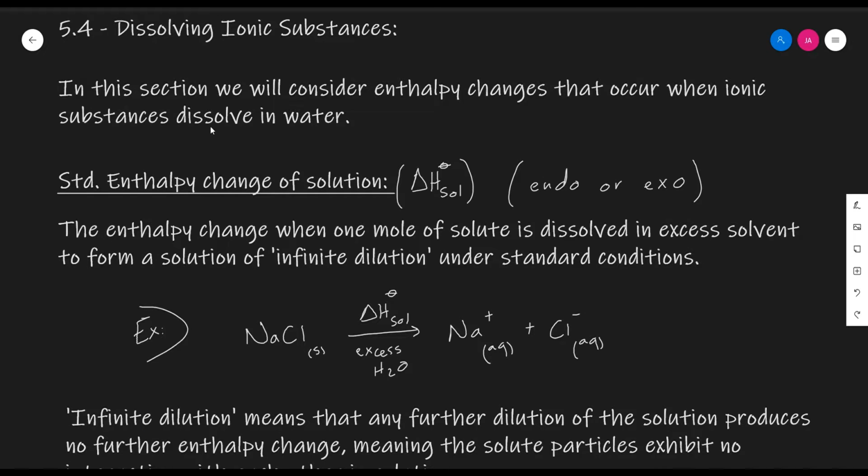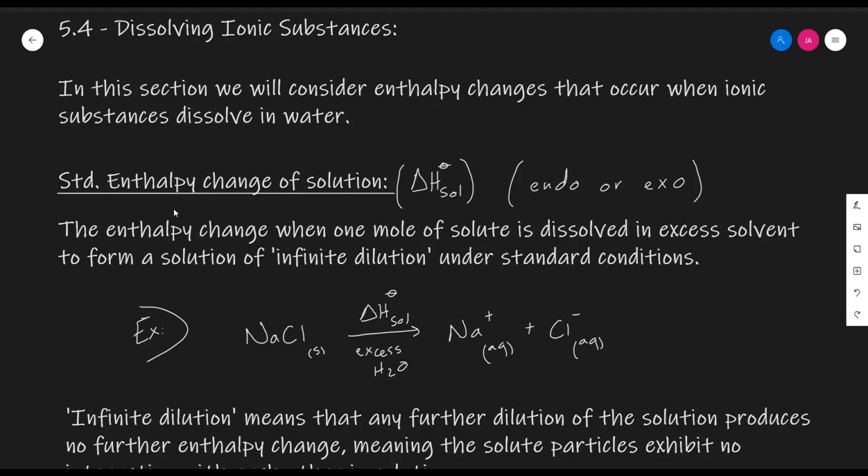Hello everyone, in this video we shall continue covering topic 5.4, dissolving ionic substances. This section will consider the enthalpy changes that occur when ionic substances dissolve in water. I will start by first going over a definition that we learned in subtopic 5.1, which is the standard enthalpy